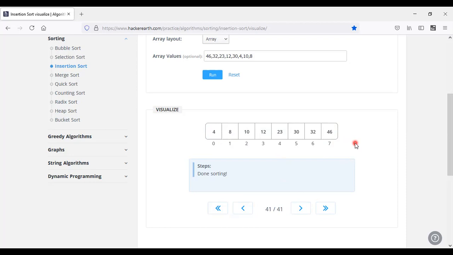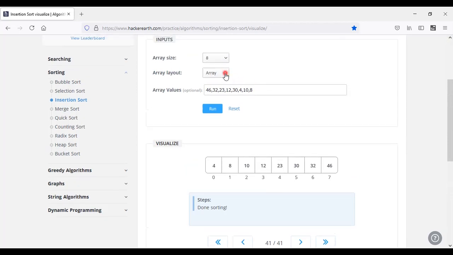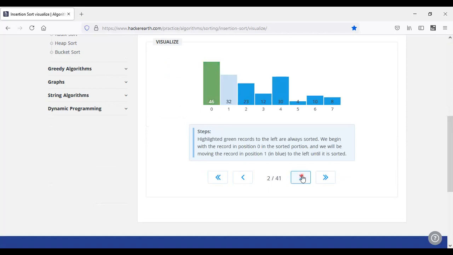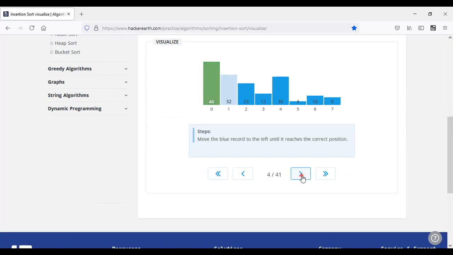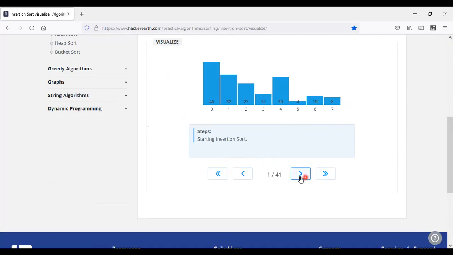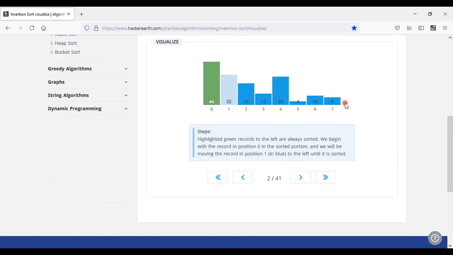Okay, and coming to the bar representation, it is also the same. What it is doing is just taking the bar representation. If you see the last value, this should be in increasing order. So what happens here? While processing that one, we need to take this highest element to stay at the last position.